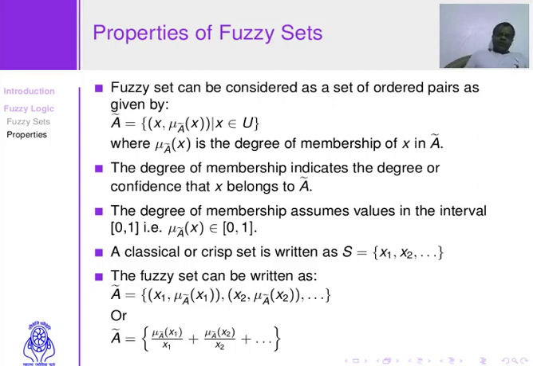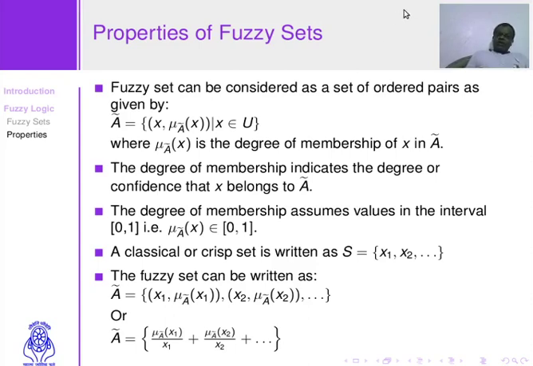In case of a fuzzy set, each element is associated with its degree of membership, which is a real number that lies between 0 and 1 inclusive. So a number of different degrees of membership are possible. A large number of values between 0 and 1 are possible for the degree of membership in case of fuzzy sets, while if we talk about a classical set, only two logic values are possible, that is 0 and 1. That's why we say that classical sets are a special case of fuzzy sets.